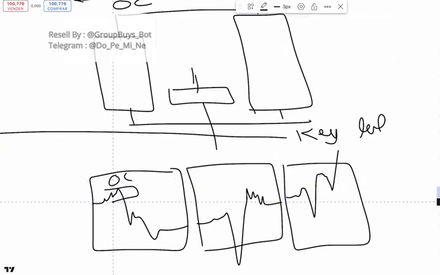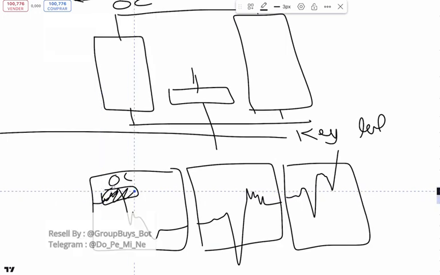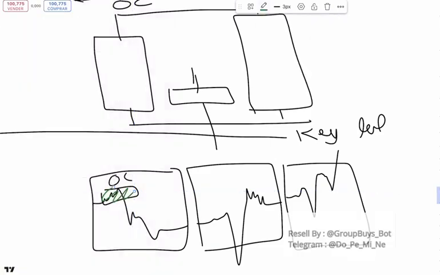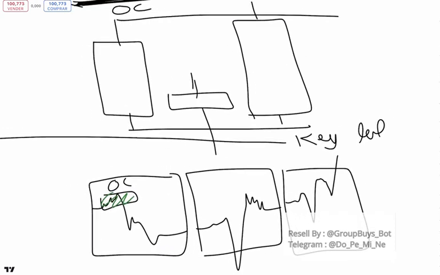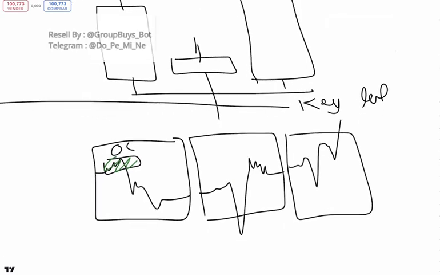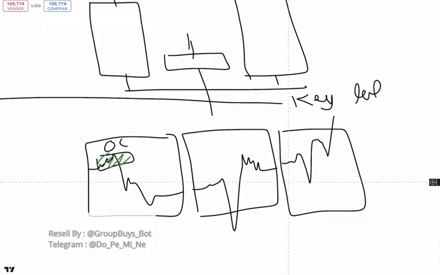Equal highs, original consolidation is going to be up here, right? So in summary, look to trade the OTE or the kiss of death in candle number 3,